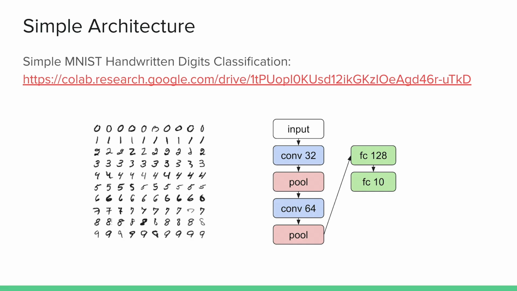So a very simple architecture that uses all of these ingredients and all of these parts, for doing a kind of hello world of deep learning, would be to do digit classification after the famous MNIST handwritten digits. And a very simple thing could be, so what is the input here? We have, if you've never heard about this, images that are of, I think, 32 by 32 pixels of handwritten